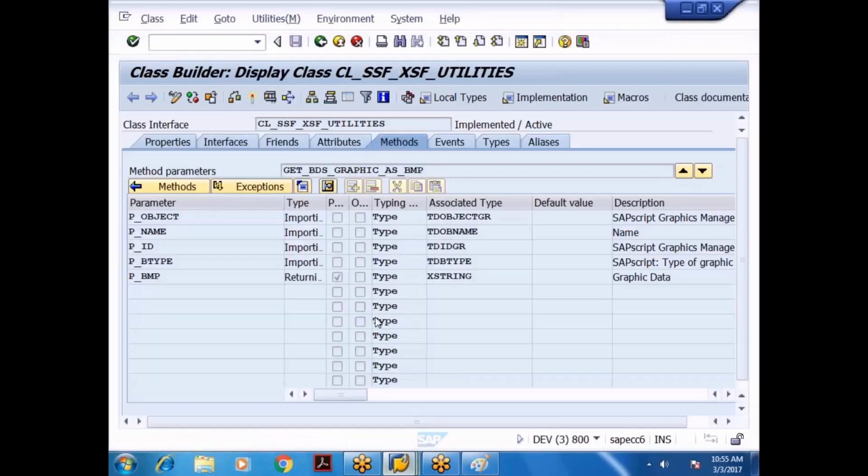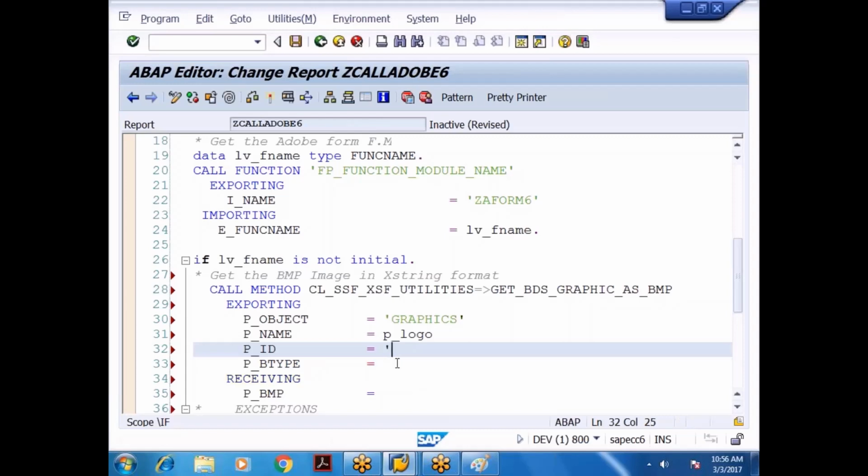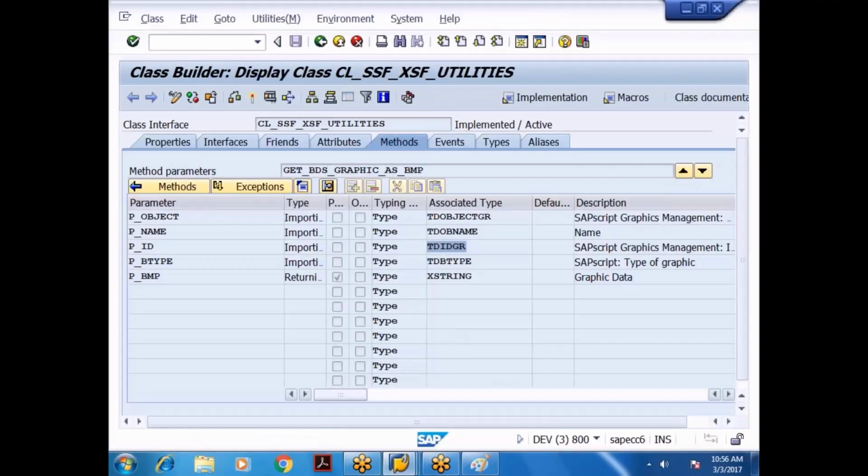Graphics management ID. I'll give ID as what type of image? Bitmap. Then B type. What is this B type? TDBTYPE, type of graphic. Let me double click on this TDBTYPE to check what is there.